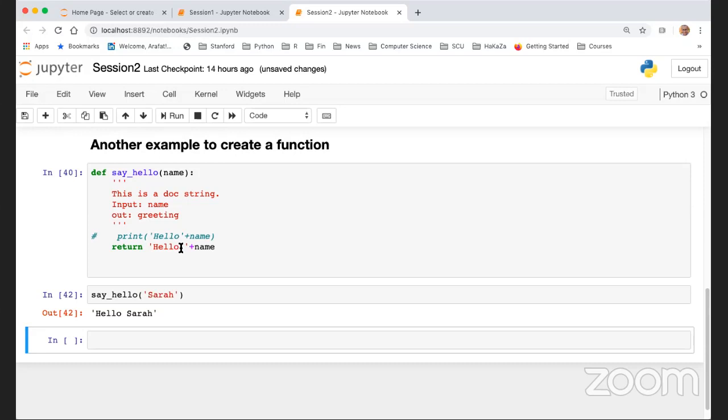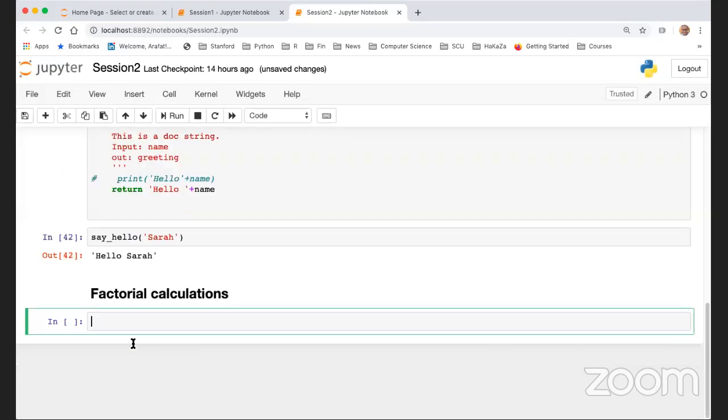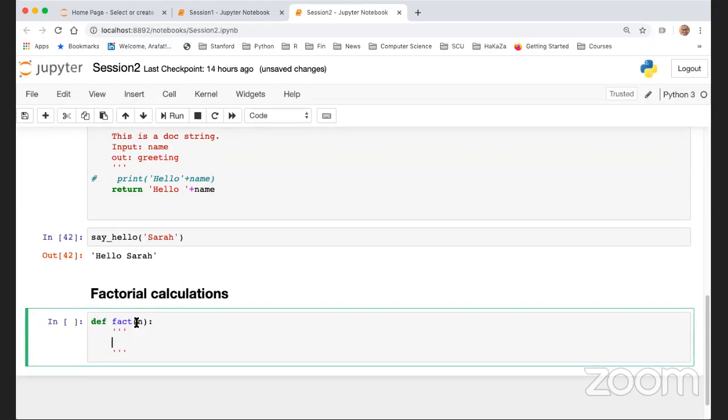So another example is the factorial function that I would like to show you. Factorial calculations. So basically here, if I say another function, let's call it fact of n. So it takes a number and returns the same thing here. I have this function returns